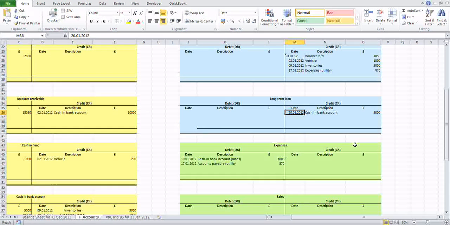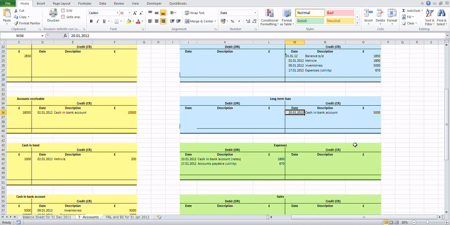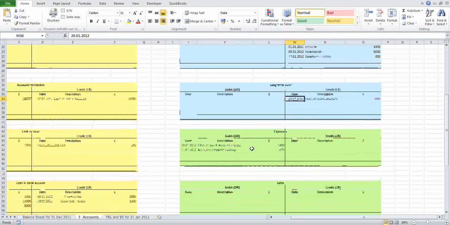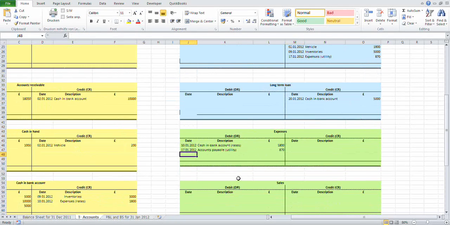Wages of 3,000 have been calculated and paid to full-time staff, which took place on the 22nd of January 2012. So let's again consider a wage is an expense. So we need to consider the expense account, so 22nd of January 2012. Now what would be the opposing accounts? Well, if they have been paid in full,